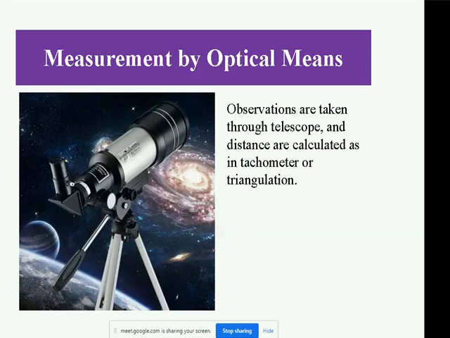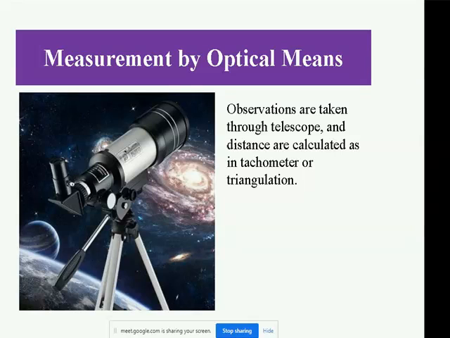Also some advanced binoculars are available which are used to measure the distance, and these techniques use optical means. And here the formula and the mathematical calculation are embedded within the IC, or the integrated circuit of the system, or there is some processor, so the processor calculates without any human interference. So you can say the error is very low.